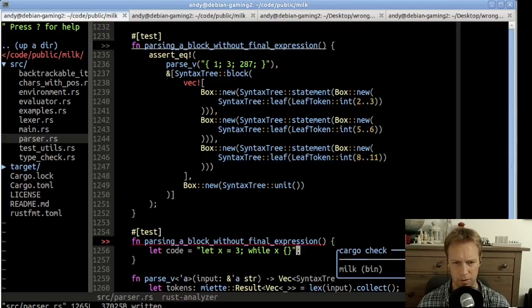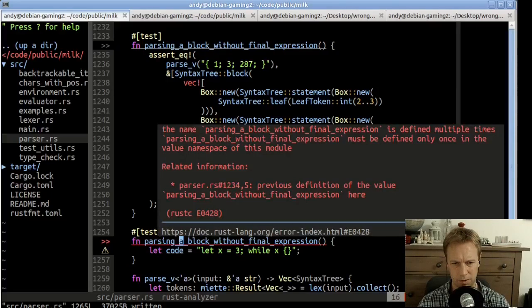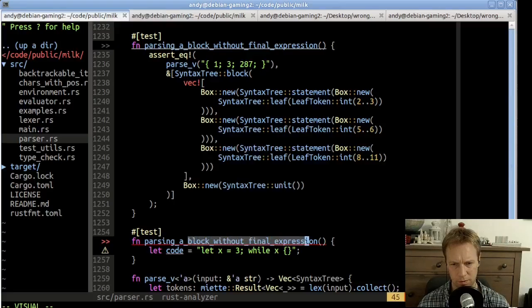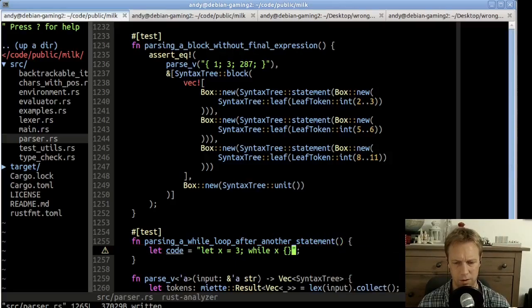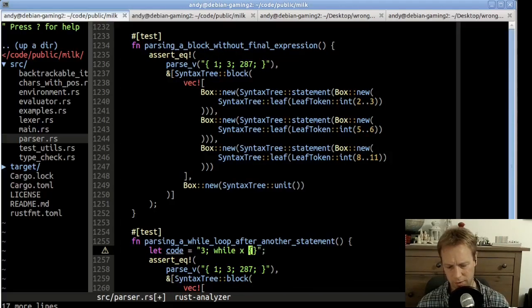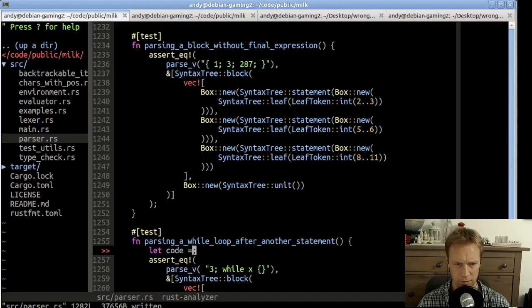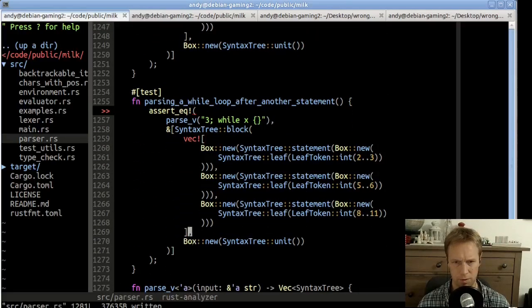So it's a bit concerning that we can break parsing just by having it as the second statement in a list. So let's say parsing a while loop after another statement, and then let's just check that that could be any statement. Maybe it's not right, but let's try. So I guess it's going to look a bit like this. Basically, it's going to be parse this thing, and then the output should be